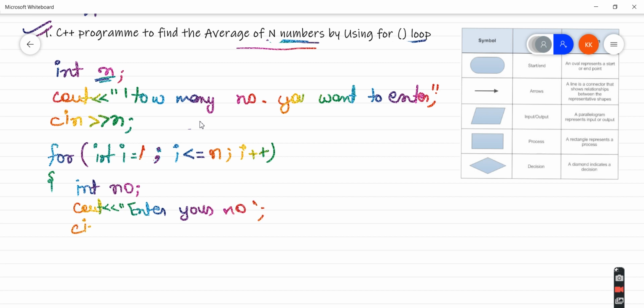And now cin into number. And here I am going to do sum is equals to sum plus number.